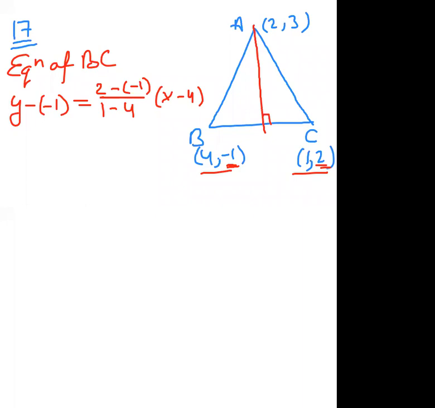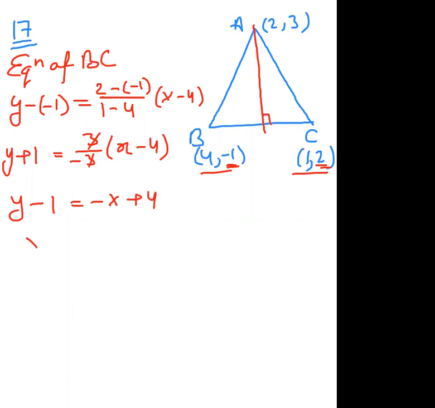So it will be y plus 1 equals 3 upon minus 3 times (x minus 4). 3 to 3 will get cancelled, it is minus 1. So y minus 1 equals minus x plus 4, x plus y minus 5 equals 0 is the equation of line